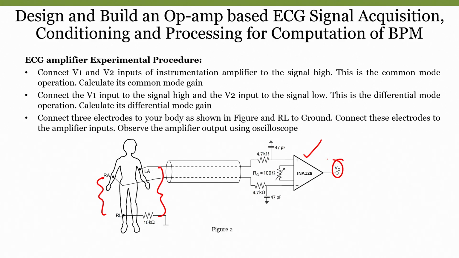But we have also seen that the amplitude of the ECG signals is really poor. That means I also have to set some kind of gain. The data sheet tells us which RG resistance is equivalent to a particular gain. In this case we can use a pot with a value of 100 or 200 ohms. We will keep on tuning it, and whenever we feel that we are getting a very good amplification factor, we will stop. Generally speaking, we will be using a gain of 500 to 1000.